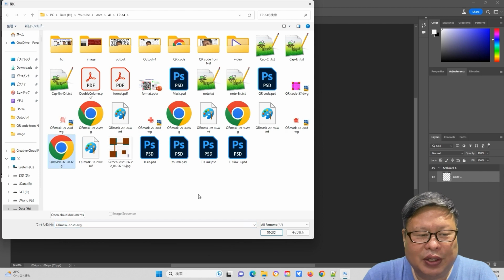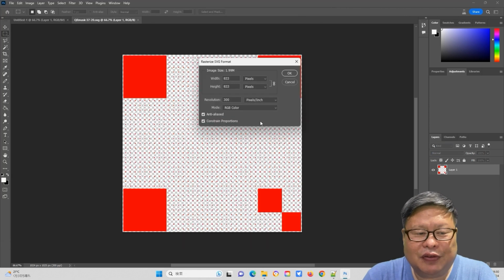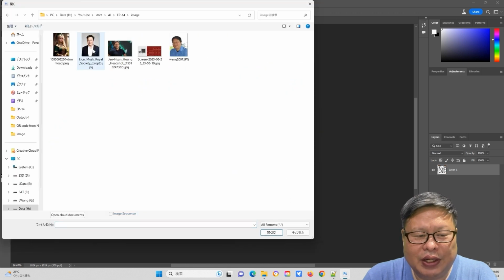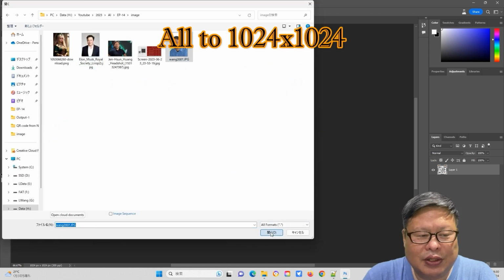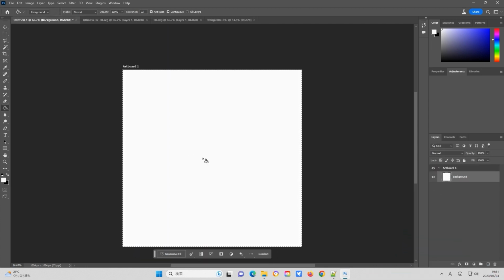utilize. Open the QR code file, QR code mask, and your image file. Resize the QR code and QR code mask files to 1024 x 1024 format. Copy all the layers together.